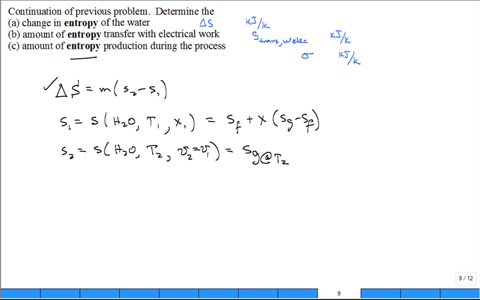Take a guess. Negative, 0, or positive? Do you like to vote? We'll vote. All those that think that the answer, this entropy transfer with the work electric, is negative, raise your hand. All those that think that's equal to 0, raise their hand. All those that think that it's positive,